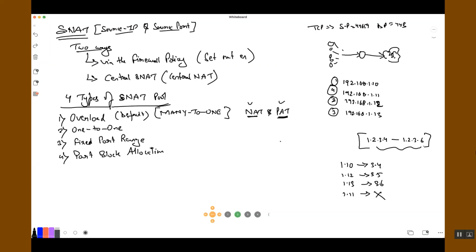So that is 1-to-1 NAT. Okay? Now, the other one is fixed port range. Okay? Now see, one more thing that I wanted to tell you, okay? One more thing is that